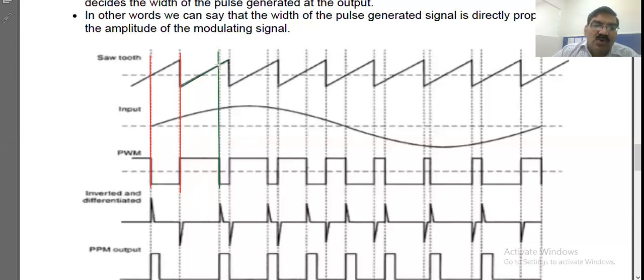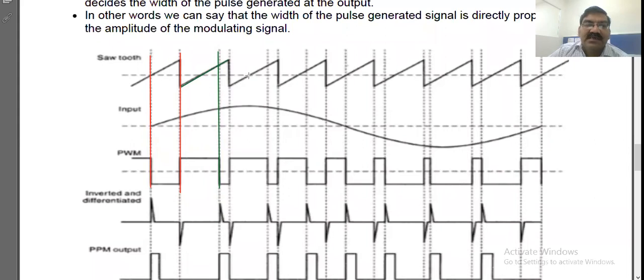Now as you go beyond this, at this interval it becomes equal, and beyond this the sawtooth is higher from this to this. So for this period, the sawtooth has the higher amplitude, so it becomes negative. So the comparator gives a negative pulse as output. So there is a negative pulse. Again it starts from here, and you can see from here it is negative.